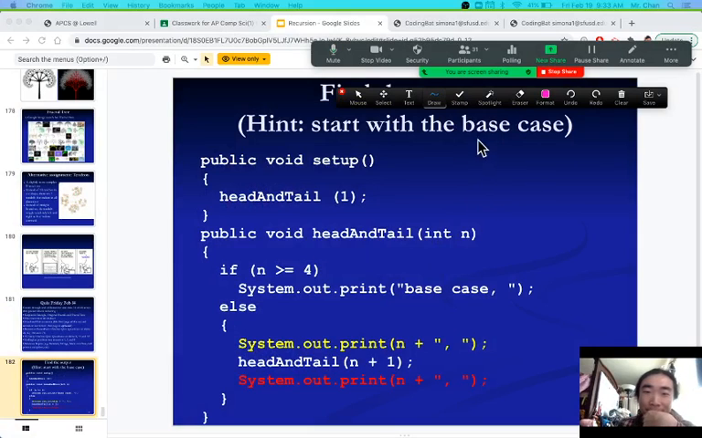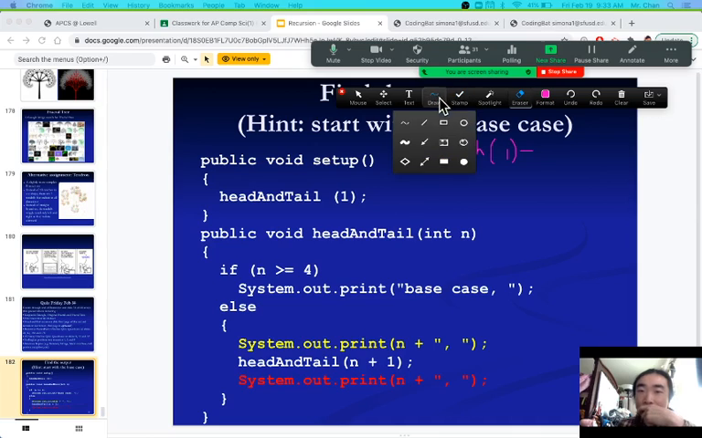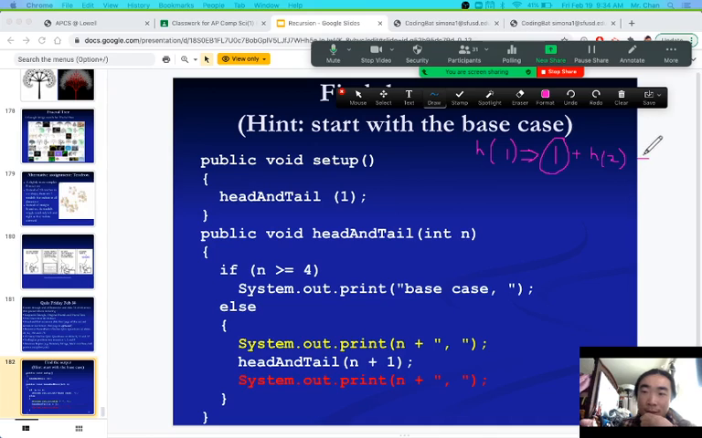So head tail of 1. For ease, I'm just going to use h to represent this function, h of 4. H of 1, we're counting up. H of 1 is not the base case. So we recurse, we print out 1, then we print out the recursive stuff. H of 2 gets called, and then 1s are sandwiching the output from h of 2, right? H of 2, what happens there is the number 2 is printed plus the output of h of 3,